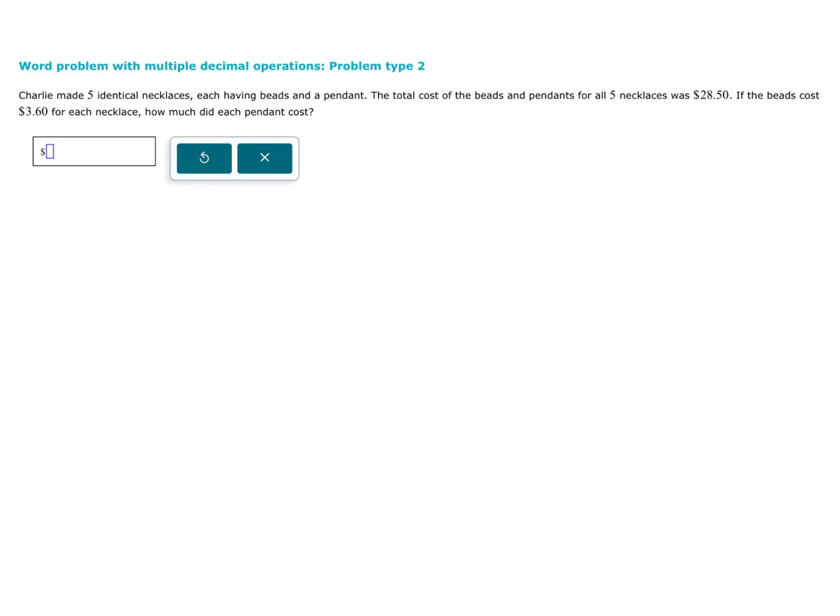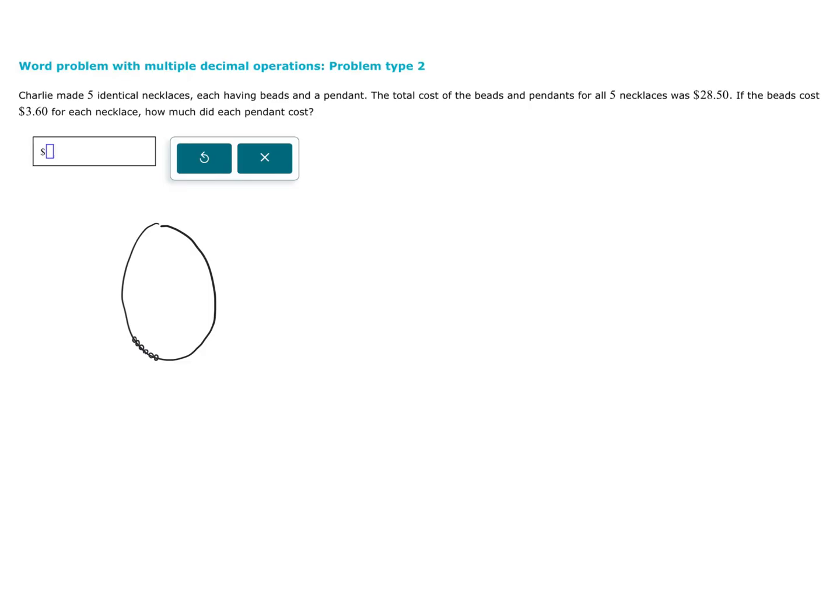And anytime I have a problem that has a lot of parts on it, I like to just draw myself a picture to help me understand what's going on. So we have a necklace. This necklace has a bunch of different little beads that are on it. I'm just going to draw a bunch of little circles to represent the beads. And then it's got a pendant, and the pendant is basically the large focus of the necklace,